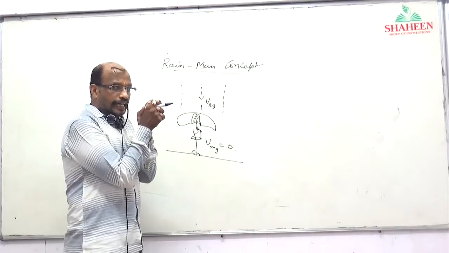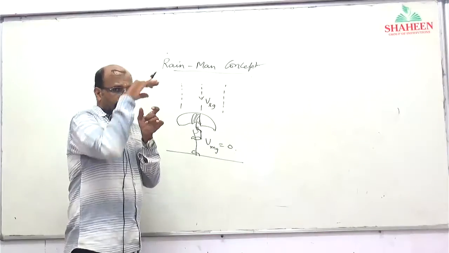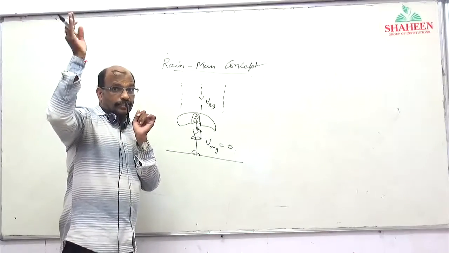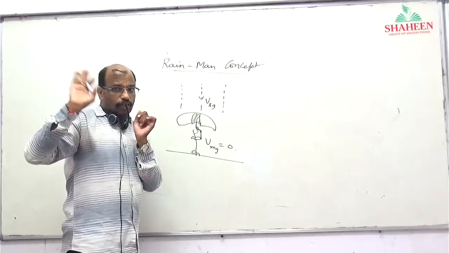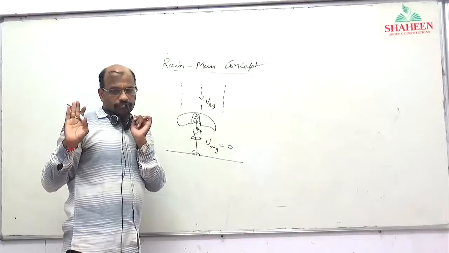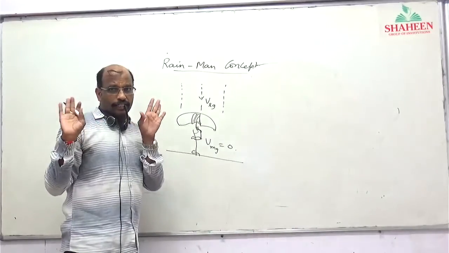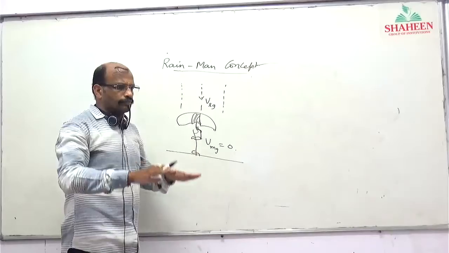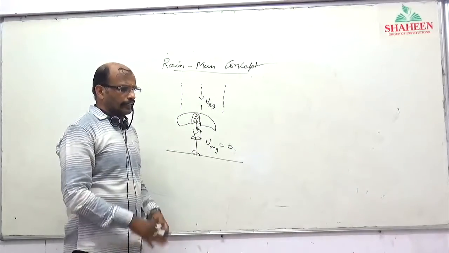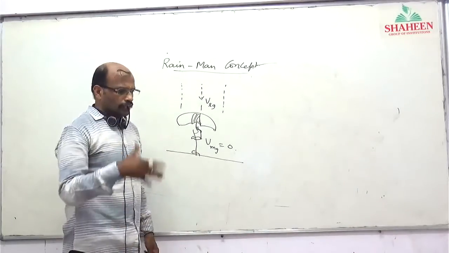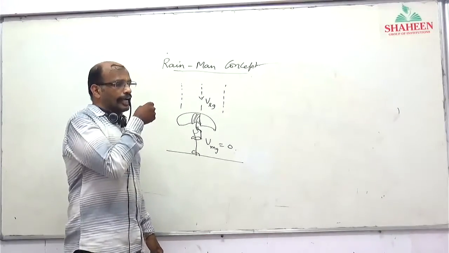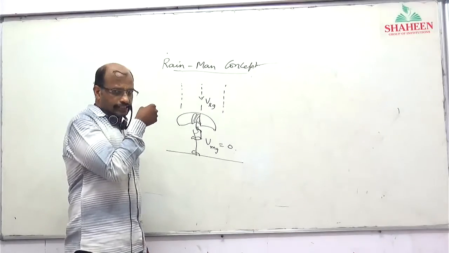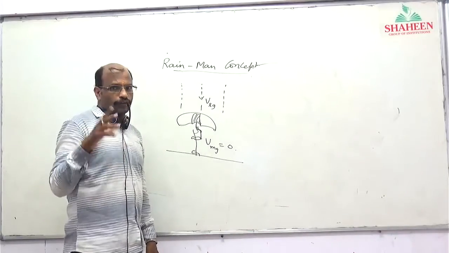Why? Because he's standing. Rain is falling vertically. I'm neglecting air. Air is not changing its direction here. I'm not considering airflow here, please. Okay? Rain is falling vertically downward. Man is standing, with an umbrella in hand. Switching on the umbrella, he should hold it vertically like this. Then only rain will not fall on him.